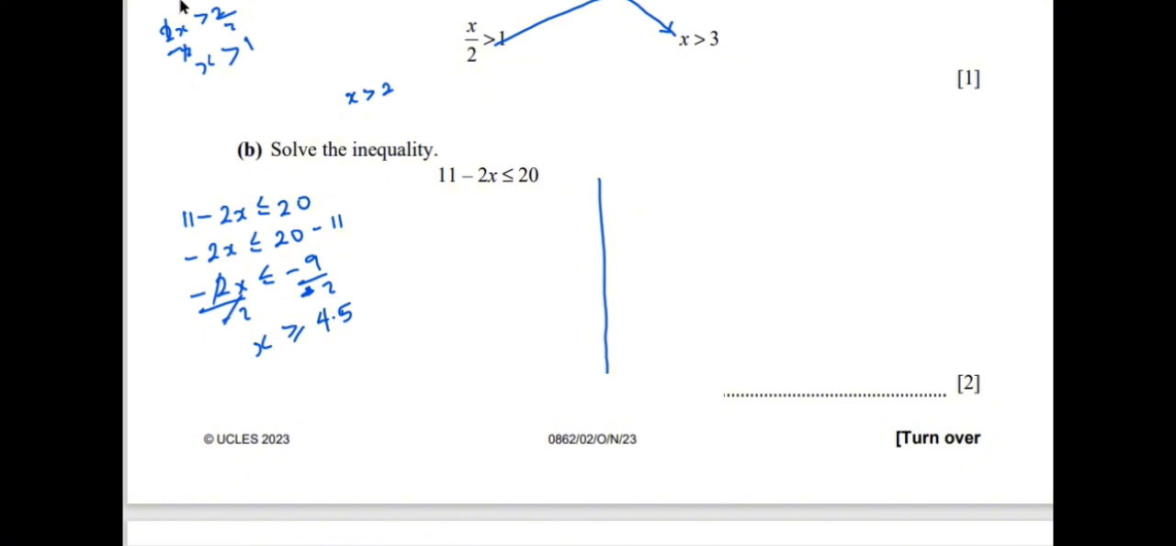Or I can as well take my minus 2s to the other side and 20 to the other side. I have 11 minus 20 less than or equal to 2s, because minus 2s becomes plus 2s. So this will give me minus 9 less than or equal to 2s. So divide by 2, divide by 2. I will have minus